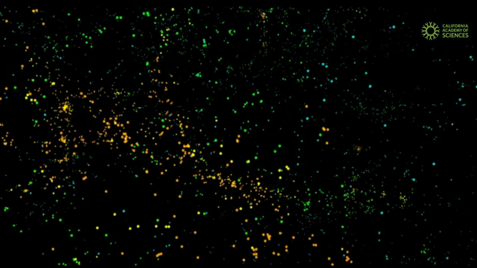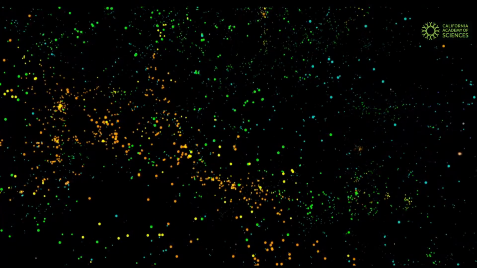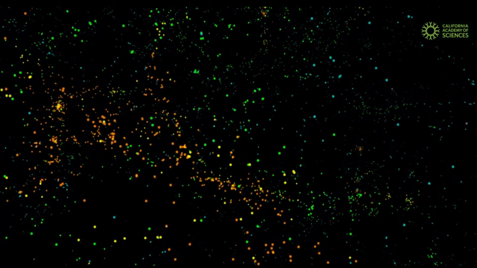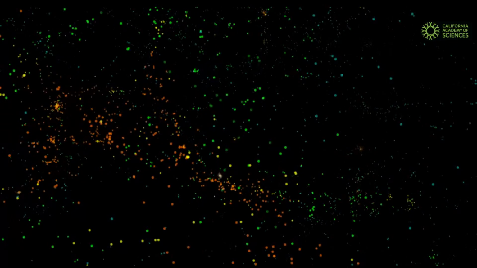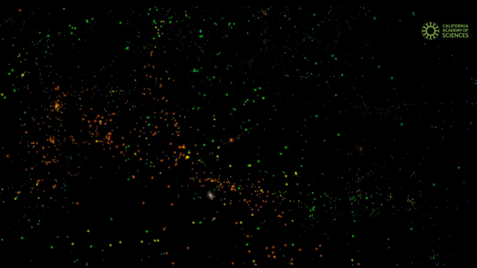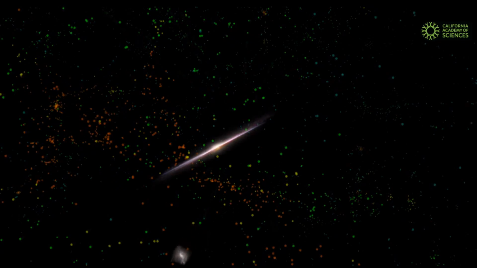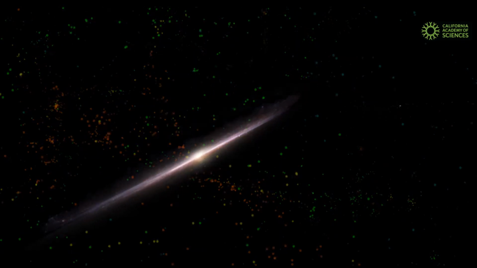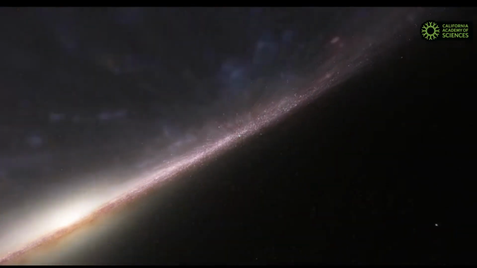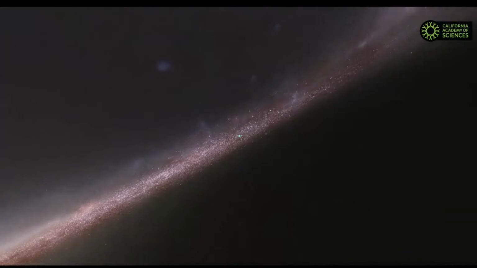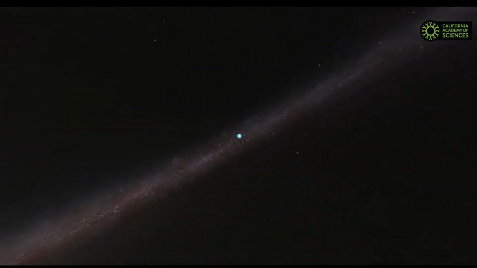The matter that we can see only makes up about 4 or 5% of the universe. Based on the movement of galaxies that they observe, astronomers calculate there's something else out there with enough mass to make galaxies move the way that they see them actually moving. But we can't see what that is. So part of it is called dark matter, which is believed to make up about 27% of the universe. And the rest of it is something called dark energy, which makes up about 68% of the universe. Most of the universe is stuff that we can't see.